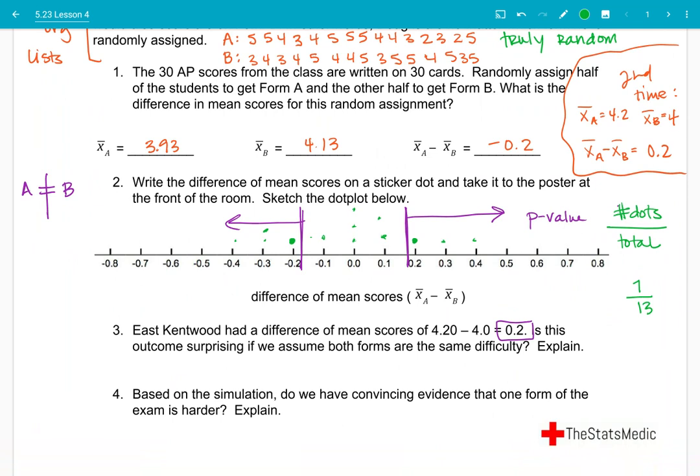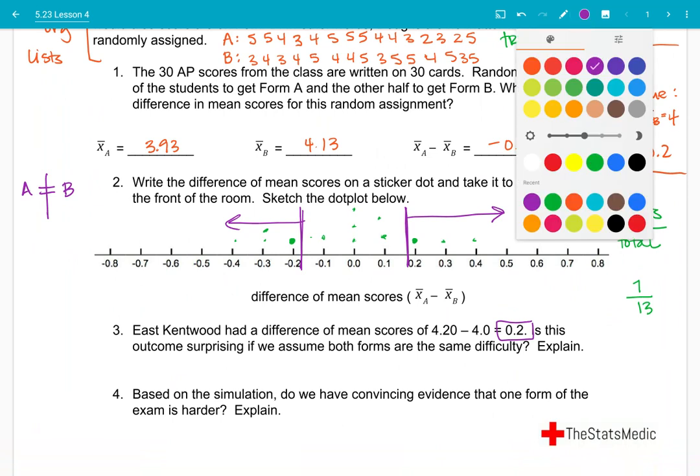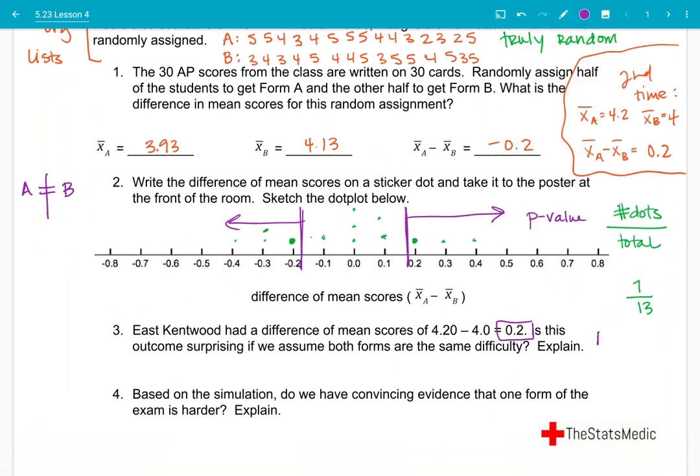That's still a really big p-value. 7 out of 13 in terms of a decimal is 0.54. So no, this is not surprising